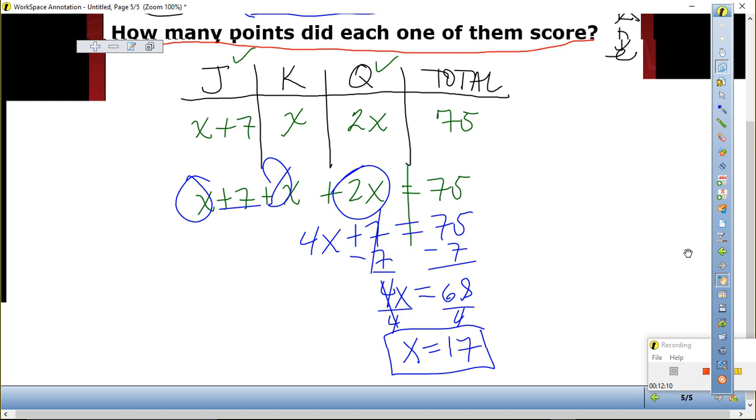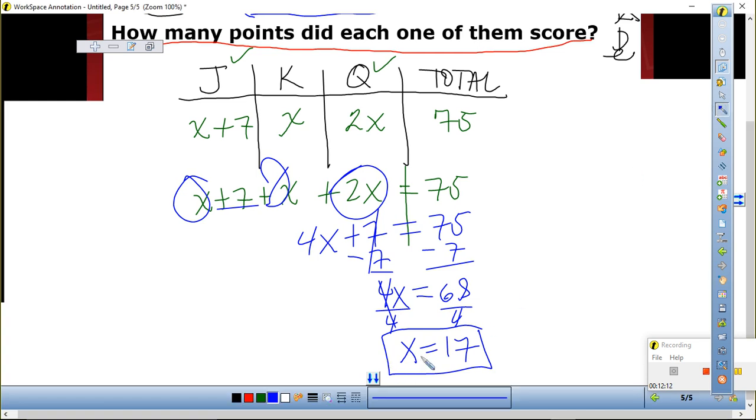No, each of them score. So then, who is X? So that goes here. How about Jordan? 17 plus 7, that's 24. How much did Q score? 2 times 17? 34. So, since it's a word problem, we write Jordan